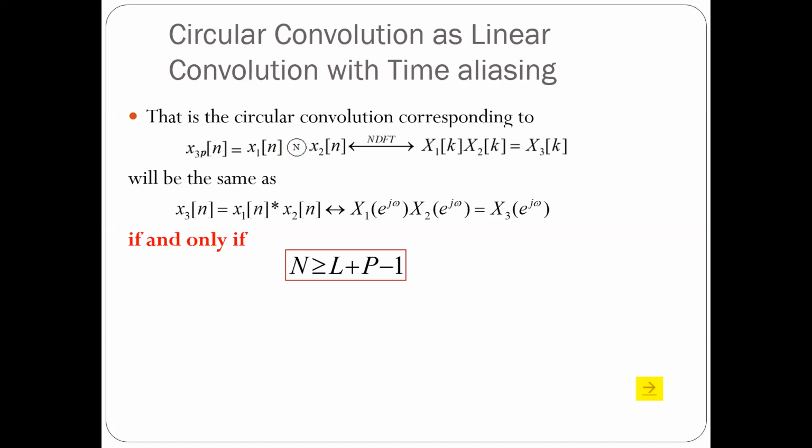So that can be implemented only via what is known as block convolution, and this block convolution can be implemented via these properties that we have discussed, which is that circular convolution is linear convolution with time aliasing. For zero time aliasing, you should have N greater than or equal to L plus P minus 1, and even if N is less than L plus P minus 1, some samples are correct and some samples are incorrect. We will use this to implement what is known as the block convolution. So we will discuss that all in the coming classes.